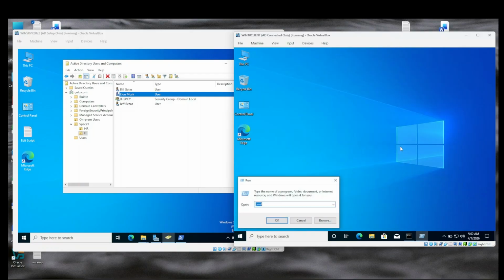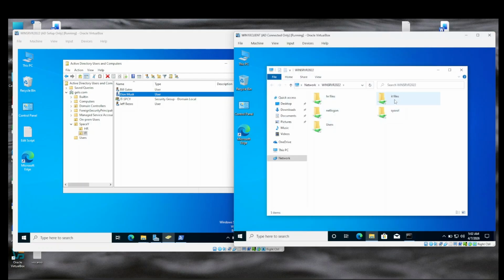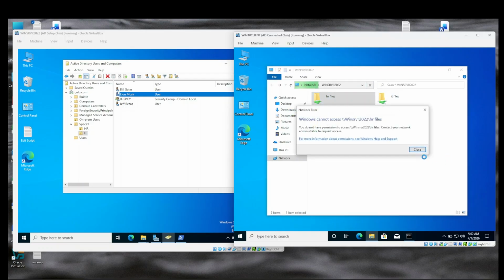So if we map the server, we can access the files of IT, but not HR, because I created a permission that HR can only access the HR folder. See.